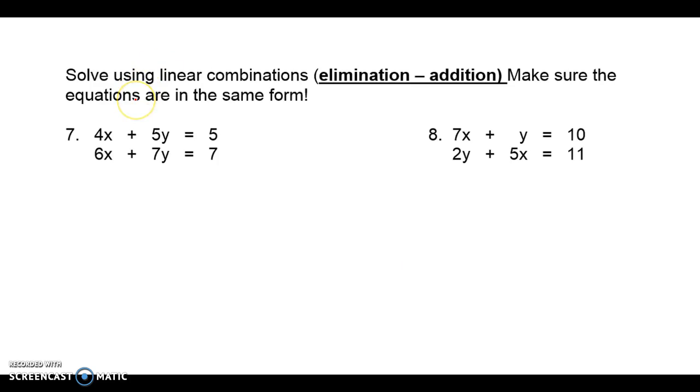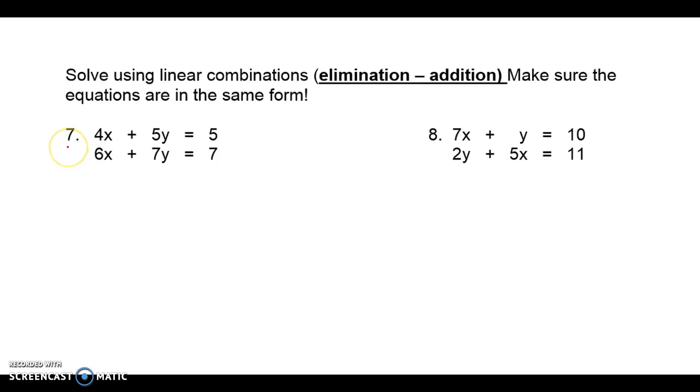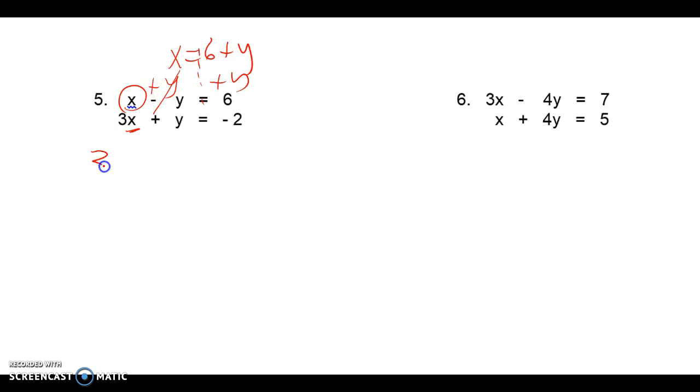Again, I have some choices here. I will solve for this x. So I will add y. There's my line where the equal sign is. I'm going to add y to both sides. And I get x equals 6 plus y. So in the second equation, wherever there's x, I can substitute this in. 3 times 6 plus y